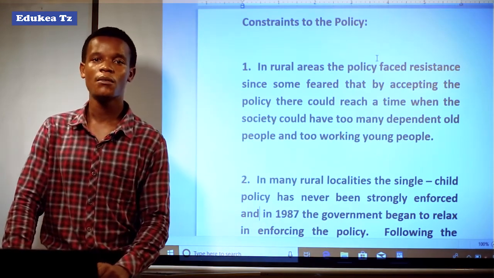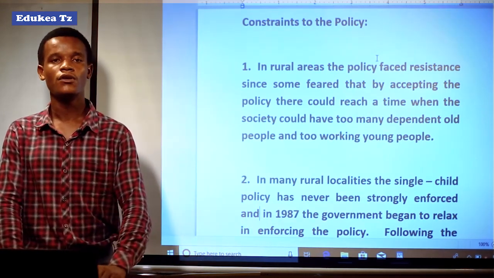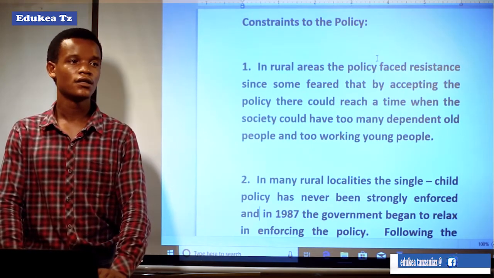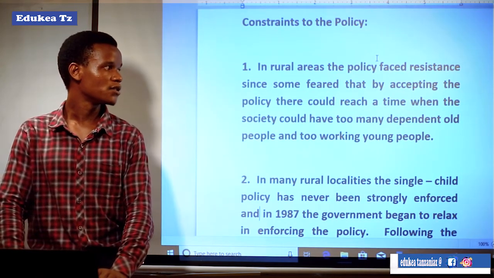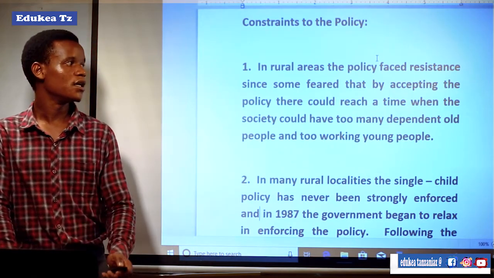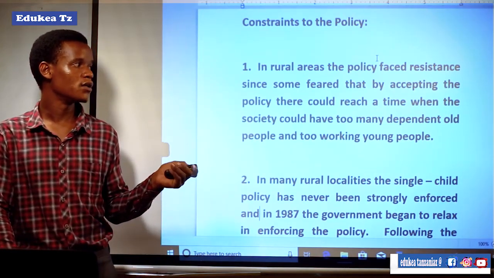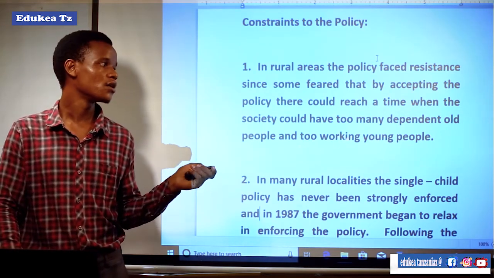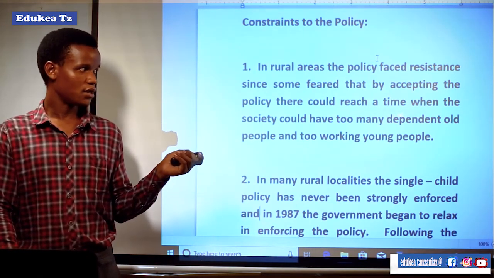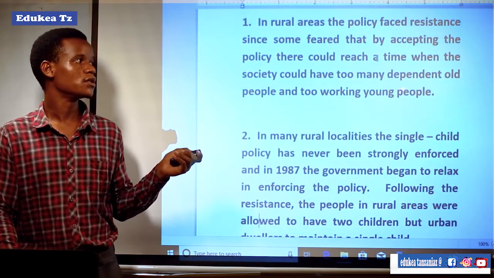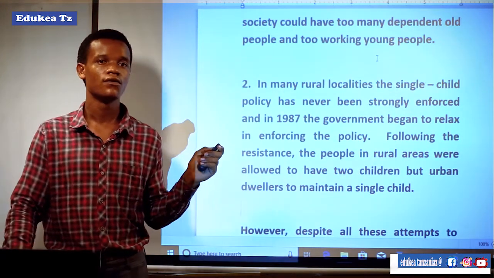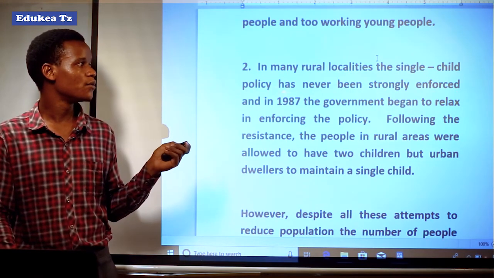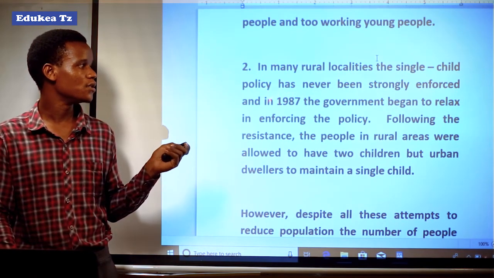So they thought that by applying the one-child policy, in the rural areas there would be shortages of laborers, and the number of young people would decrease, and hence the number of dependent old people would increase while the number of young people decreases. In many rural localities, the single child policy has never been strongly enforced, and